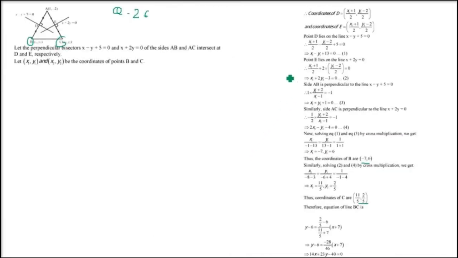And mostly people ask me, why don't you solve everything? If I try solving all this, it will take a huge amount of time. One question will take at least 10 to 15 minutes. So the logic is important because ultimately you have to solve it in your exam. So it's better that you understand the logic. The computation part, I generally skip unless the question is important. So this is all about this exercise.